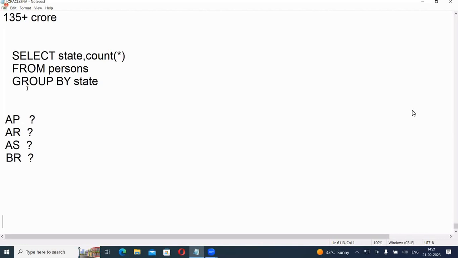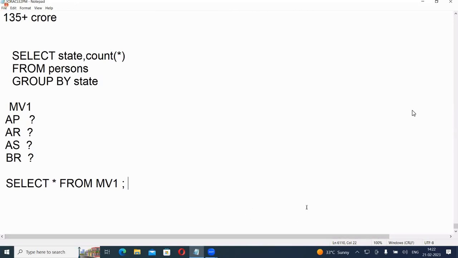Then you store this output in one object, let's say MB1. Next, if the user wants the state-wise count, ask the user to simply run this query: select star from MB1. When you run select star from MB1, you'll get the output in